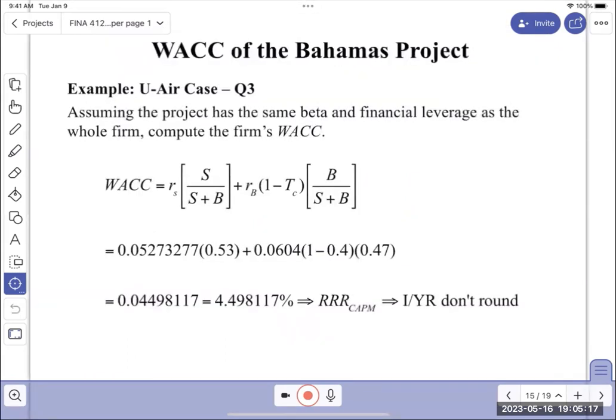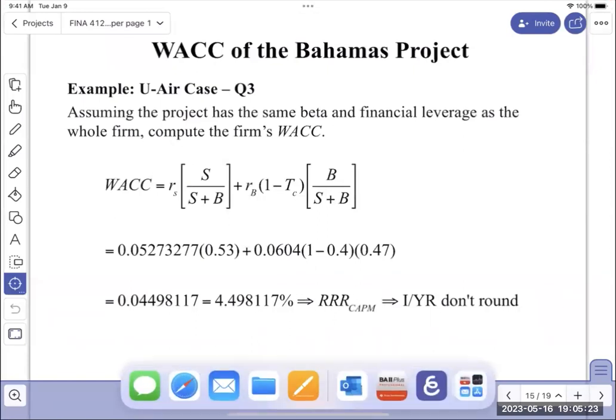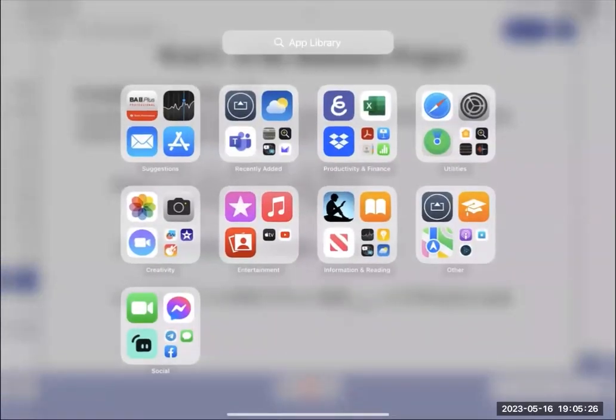All right, so let's see this exercise here. This is from the case, from the UR case. I give information about